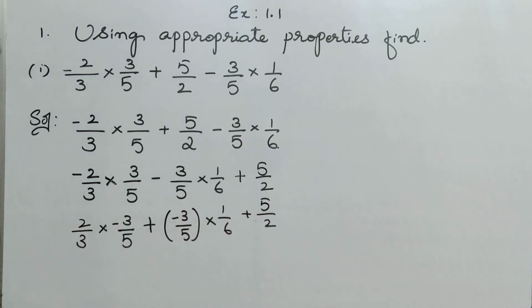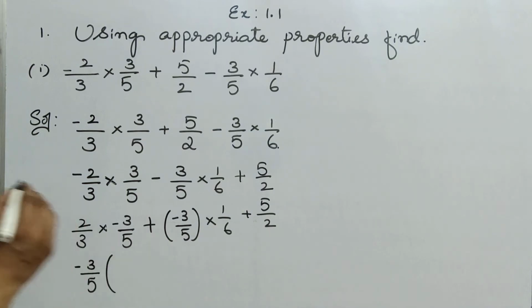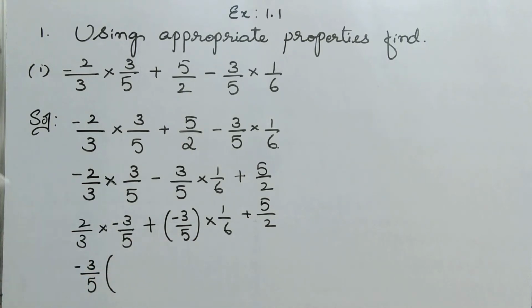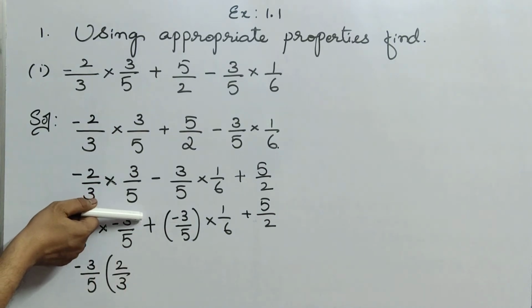Now you observe here. Okay. Now minus 3 by 5, minus 3 by 5. In this part, minus 3 by 5 is the same. In this part, minus 3 by 5 is the same. Now what to do? You have to take minus 3 by 5 common. Common in the sense like this: in this term and in this term, minus 3 by 5 is common. Now minus 3 by 5 is common in these two. What is left here, children? Now 2 by 3 is left. So write 2 by 3 here. What is the symbol here?